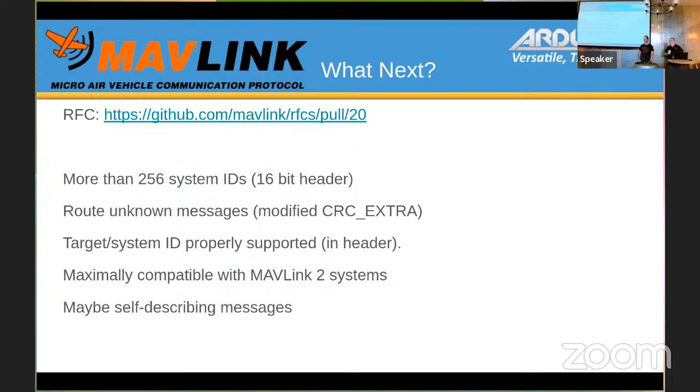That's the trick in this: you only pay the cost when you need it. And it may be worth going to 32-bit for the future, where we're all on IP networks. That makes the addressing easy.